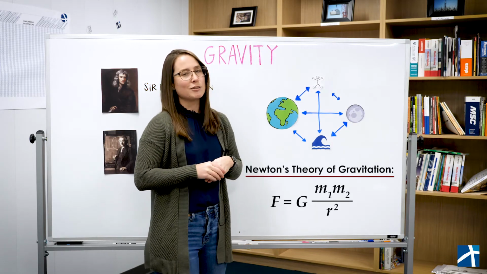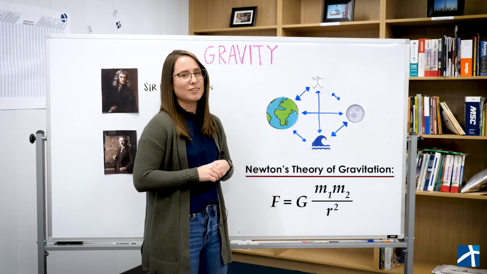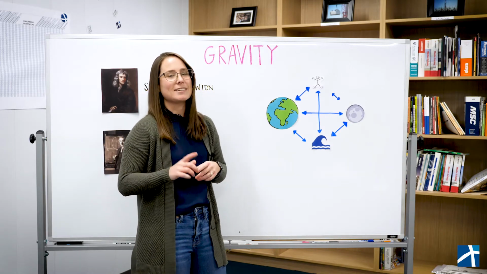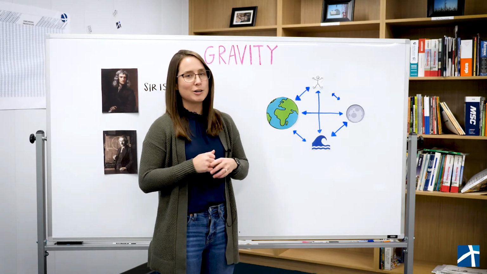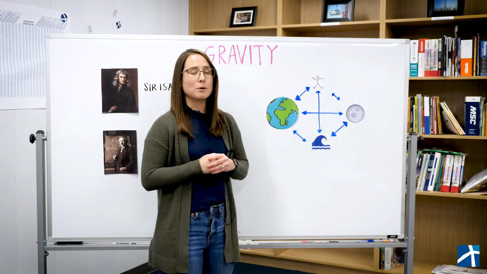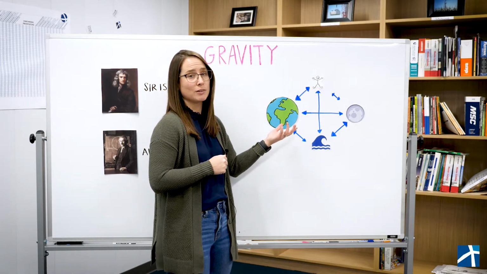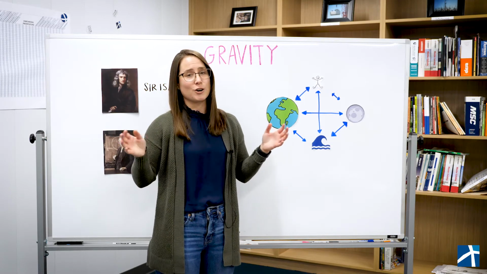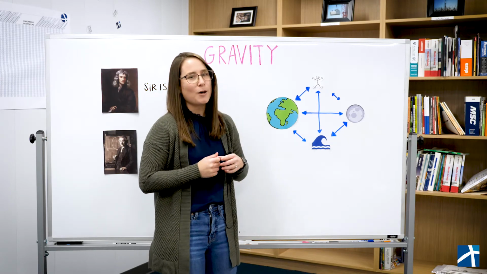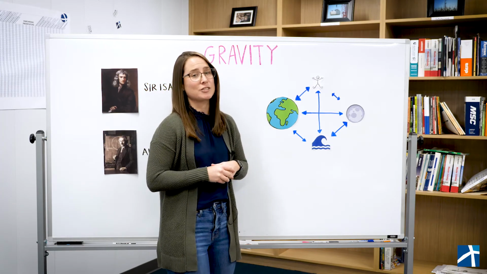You might hear it called Newton's law of universal gravitation, but it's not actually a law at all. It's a theory. This means that it doesn't apply in all cases. Newton's theory is, for the most part, a good approximation of gravity and can predict movement of objects in our solar system, like the Earth and the Moon and the Sun. But it doesn't do a good job of explaining very, very large masses or very, very small masses. To understand these two extremes, we have to look at another scientist.